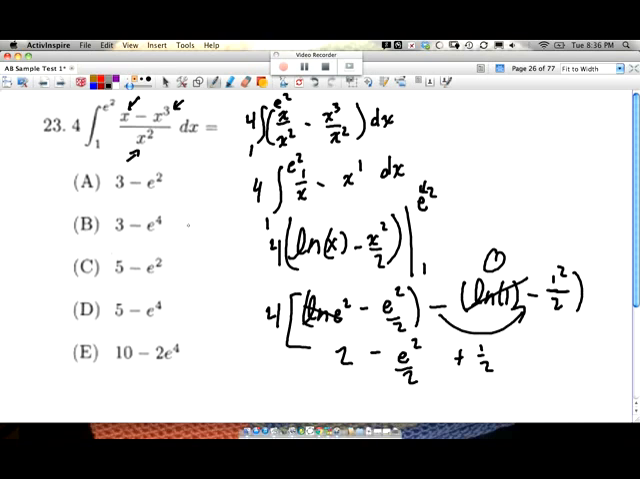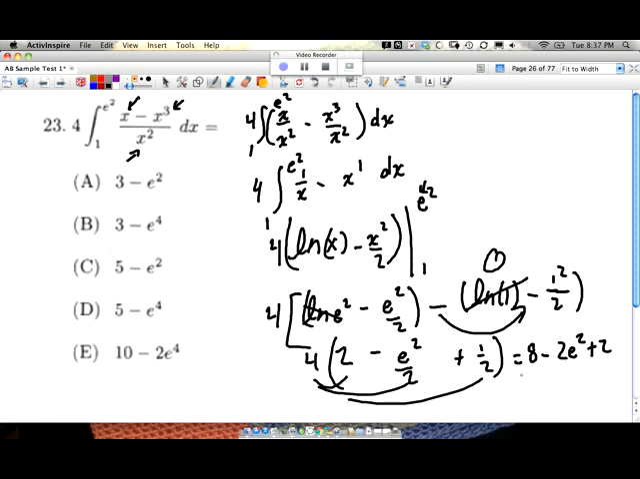And you might be thinking, I don't have that answer anywhere over here. That's because you still have to multiply by 4. Let's distribute this 4 and then start simplifying. That would give me 8 minus 2e squared plus 2. Or in other words,